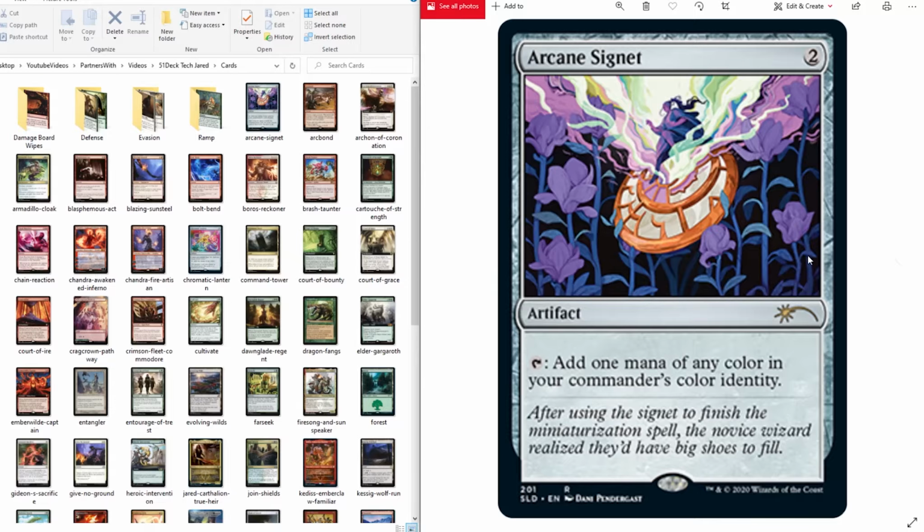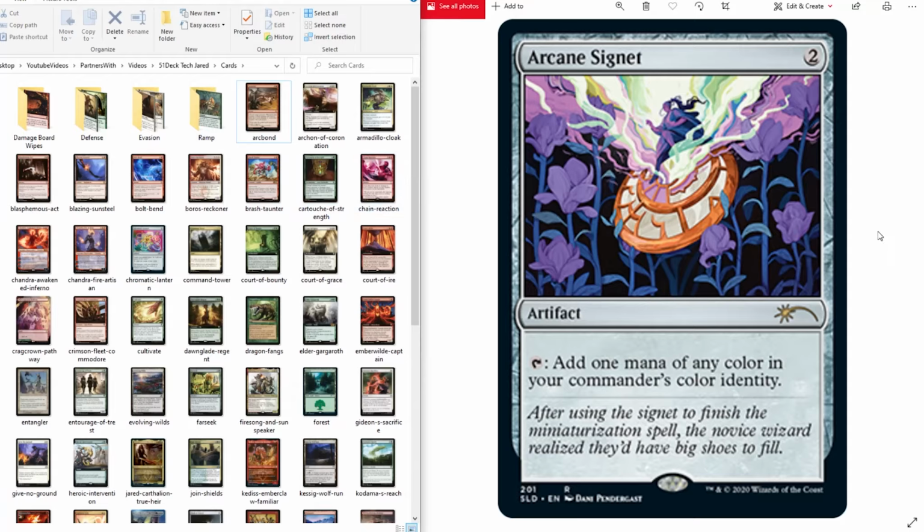So Anger of the Gods does that. Arcane Signet, we're going to rename this, and it's part of Ramp and Mana Fixing. I also like to grab my favorite card arts for the deck techs. These are not necessarily the card arts that I own every time, but in this case I did order the